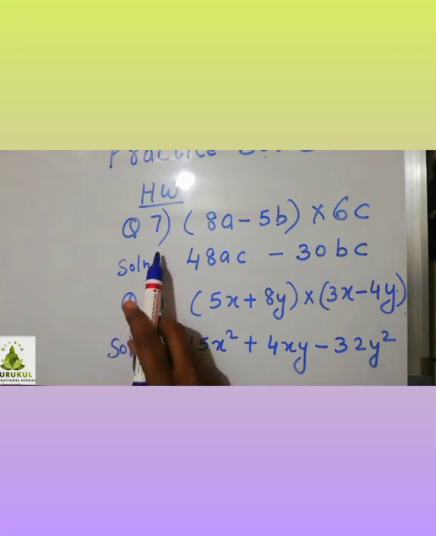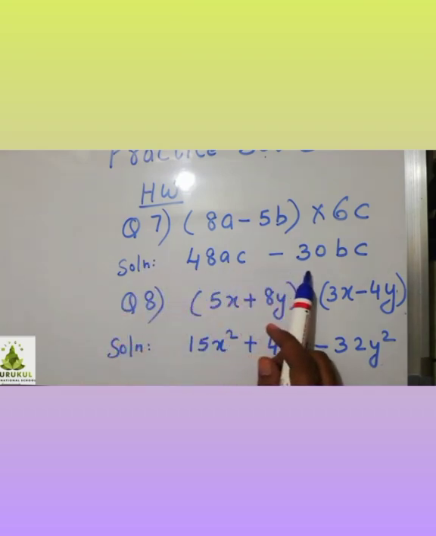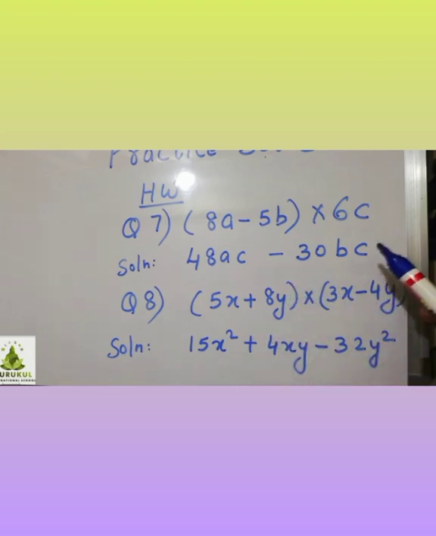Children, do question number 7 and 8 as homework. Check your answer with the solution given here. You should get this answer. If any mistakes are there, you have to redo that. So do first in your rough work and then see if you are getting this answer. Final answer you can write in notebook. Now I have given the solution for these two questions. At least you have to solve. Copy down this.